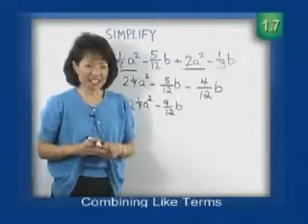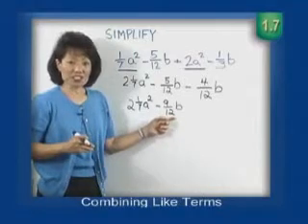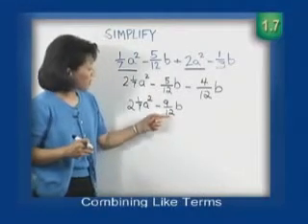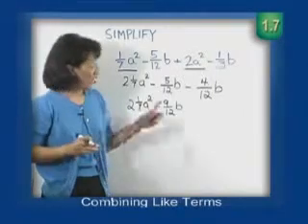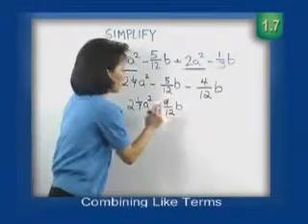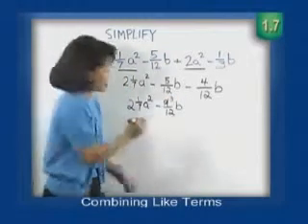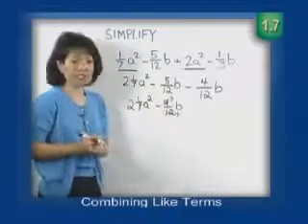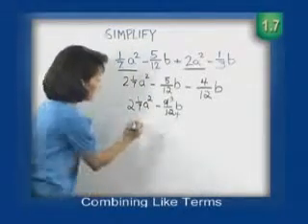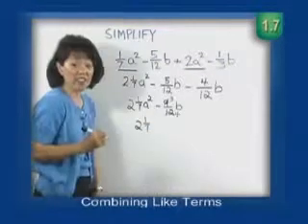Now do you see one last step to simplify this? We can reduce this fraction 9/12. 9 and 12, remember, have a common factor of 3. 3 goes into 9 3 times. 3 goes into 12 4 times. So the fraction 9/12 reduces to 3/4. So our final answer is 2 1/7